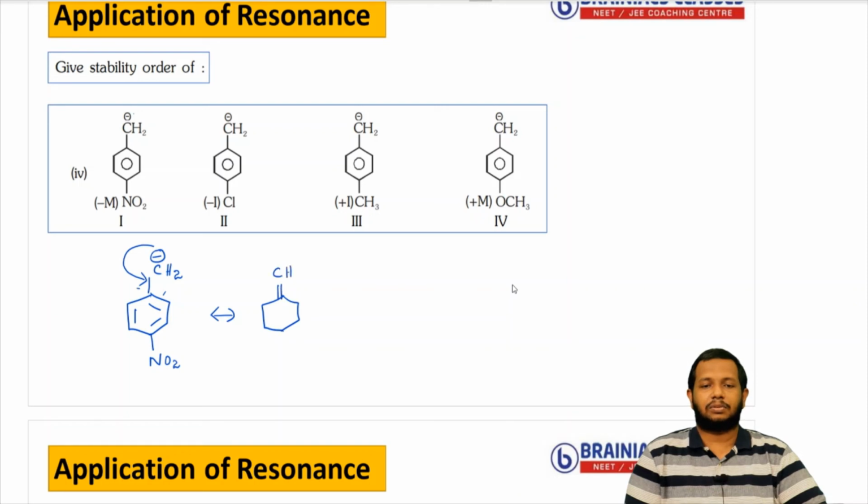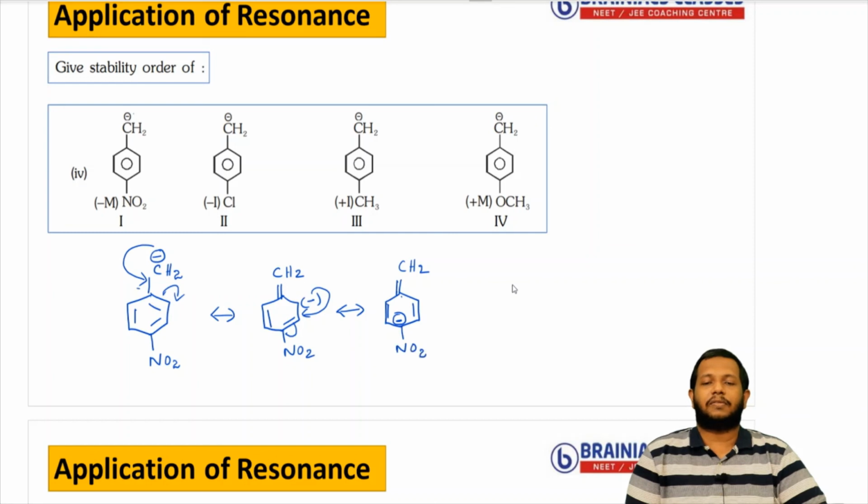You have CH2. Then the double bond comes here, this will get repelled and the minus charge will come here. Then you have NO2 present here. Then double bond. So what is the next structure? We know that negative charge, single bond, pi bond: this will move towards the pi bond like this. So you have a structure like this: CH2, then the double bond comes here, this gets repelled and forms a minus charge here. Minus charge is present here and you have the NO2 group.